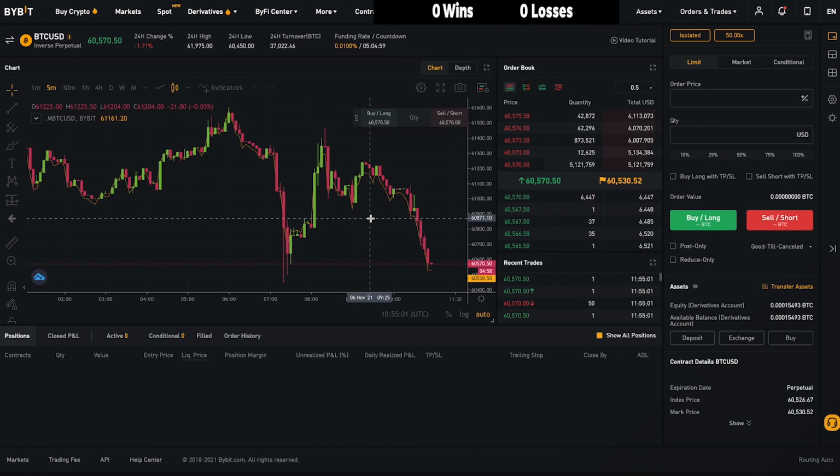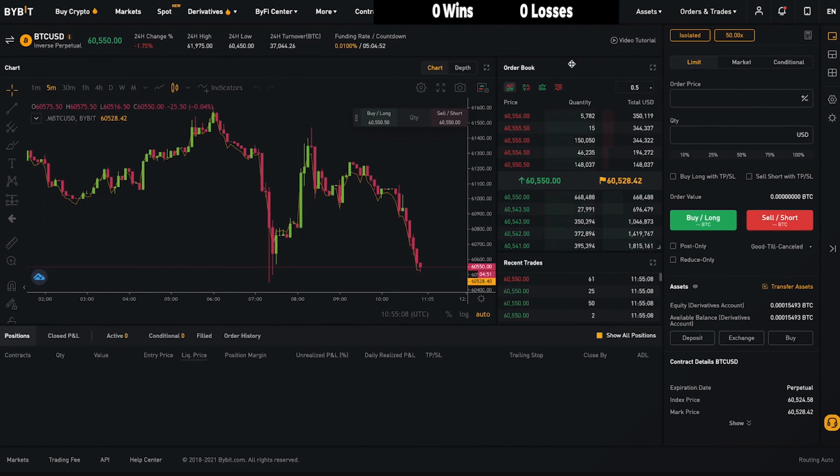I will also use some price action in this trading session. I will trade using Bybit, which is my favorite exchange, because I think that's the best exchange for scalping and